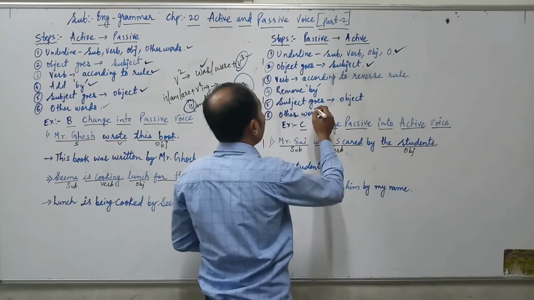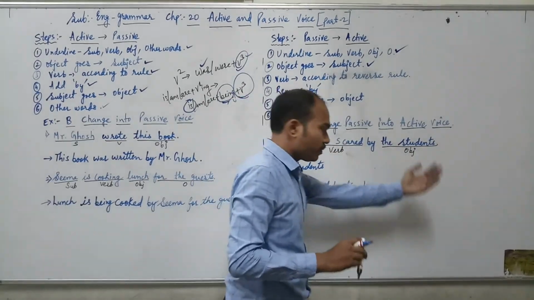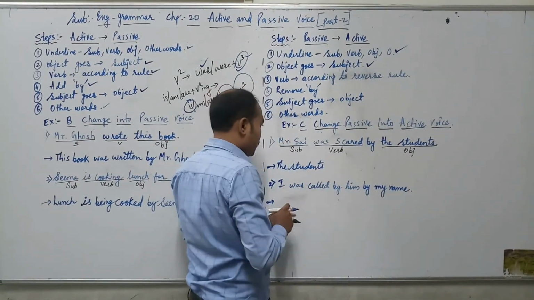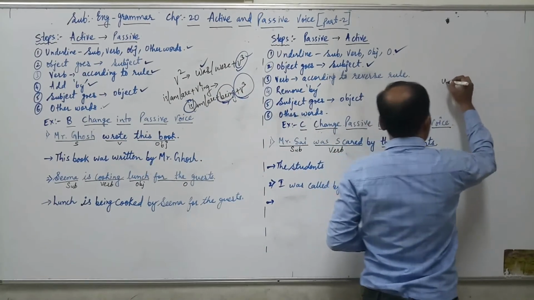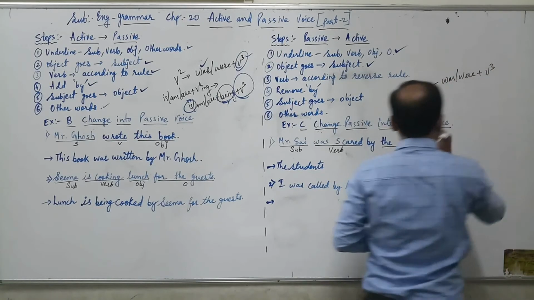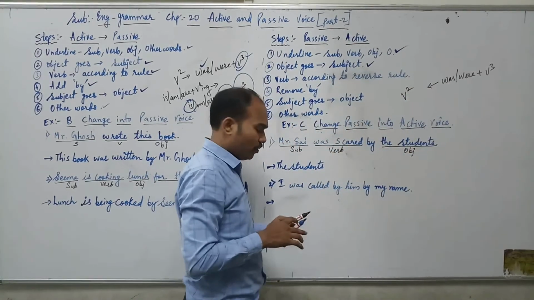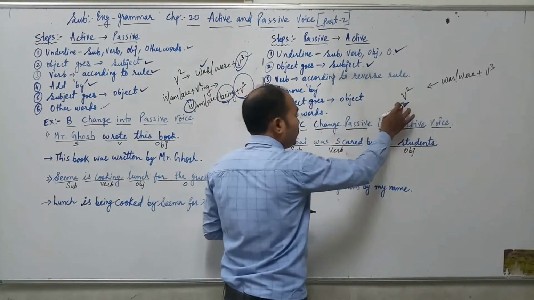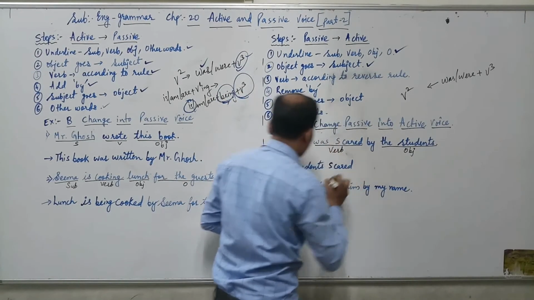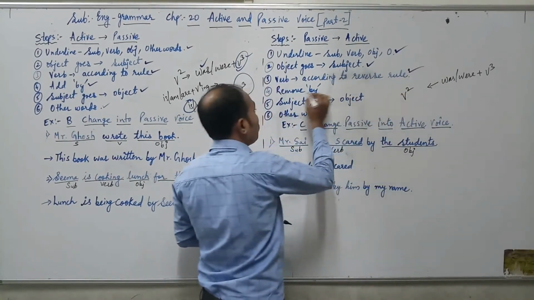The students. Then you have to write down the verb according to the reverse rule. Means we have to reverse from passive to active. We have to reverse the rule. So verb is was scared. If you see, was scared is in was verb plus V3 form. So reverse means from passive to active, it is in second form of the verb. Means we have to write down only the second form of the verb, and that is scared. The students scared. After writing the verb, remove by.